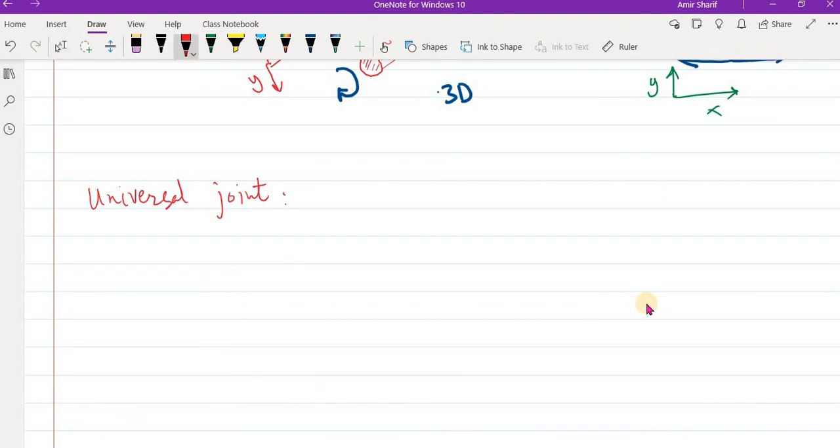A universal joint can have rotation about any 2 axes, let's say